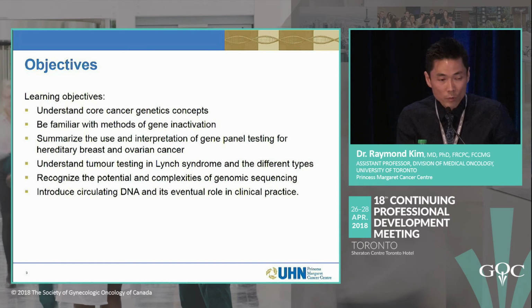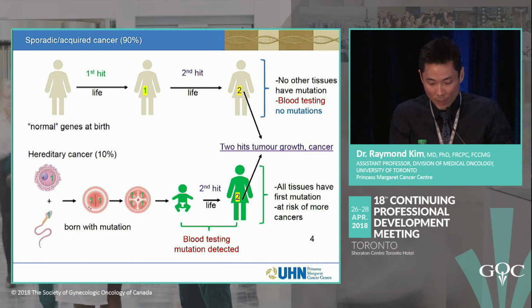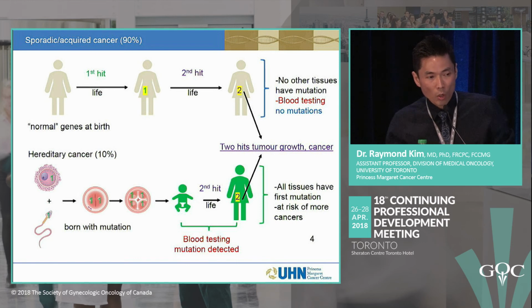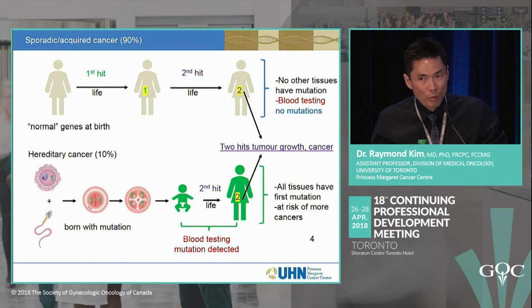I will move to the next slide, which is to try to position where hereditary cancer fits. I always like to have this diagram to get the audience into my space because genetics is a large area. So the first is that the majority of cancer patients that you are going to see have sporadic or acquired cancer. And that's where they're actually born with a normal